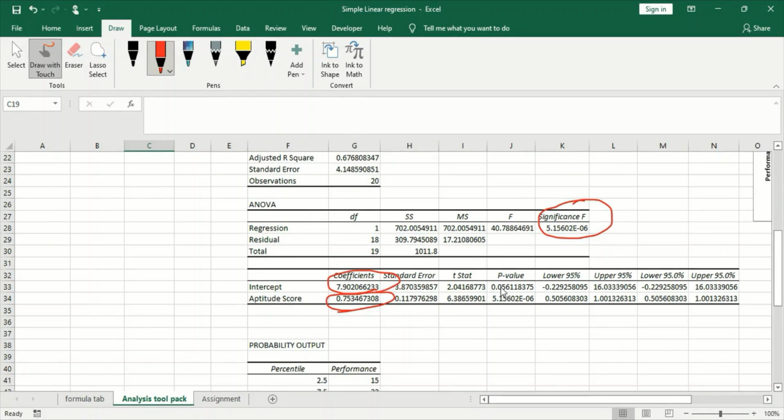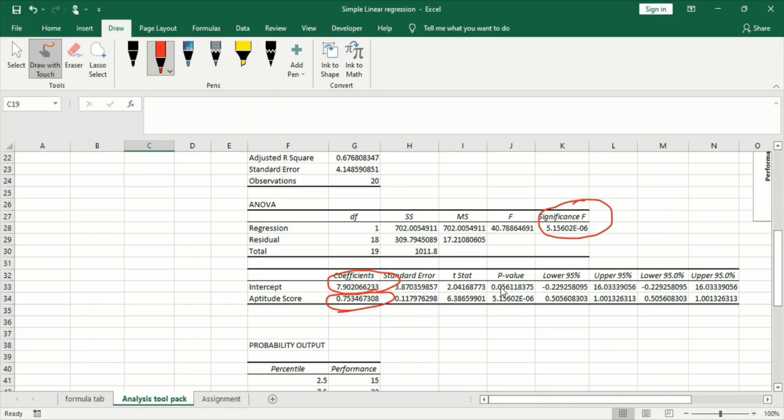Please, if you don't understand what I'm saying about alpha, I'm going to create a short video to explain what I mean by alpha. Those who have a statistical background will understand perfectly what I mean. But for those who are totally new to statistics, most times when you are given an analysis, they will give you an alpha. They will say, okay, at alpha equals 0.05, or at alpha equals 0.01, or at